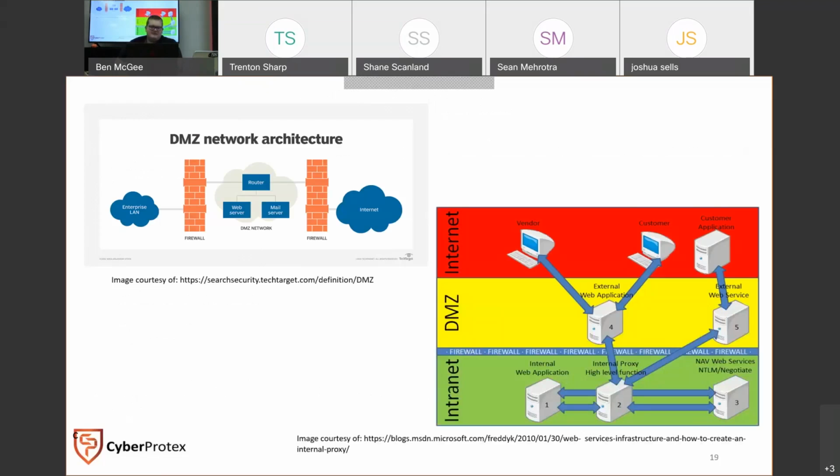Here we've got some lovely pictures of a DMZ infrastructure. So typically what you're going to see is your DMZ will be configured, and it's things that you put in between two firewalls. So you're going to have an enterprise LAN network, you're going to have a firewall. Then in that area within your DMZ, you're going to either see a mail server or a web server, some things that need to have access to the open internet for you to have connectivity,